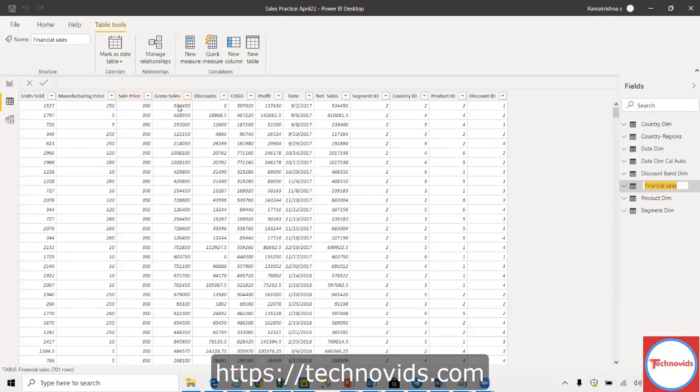If required, we can always derive it, gross sales divided by number of units. Net sales may not be needed either. If you are trying to optimize, these are the areas where it can be optimized. Profit is nothing but gross sales minus the cost of goods, which gives me the profit.